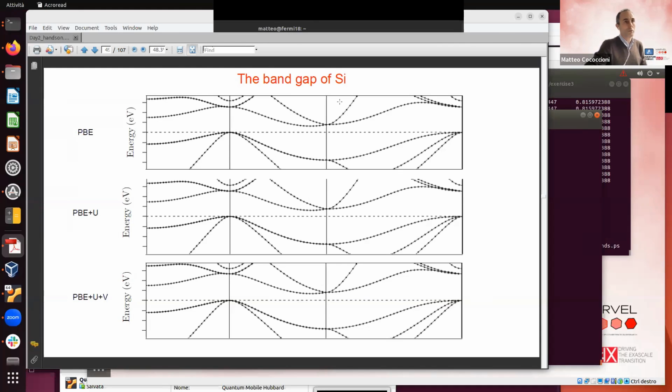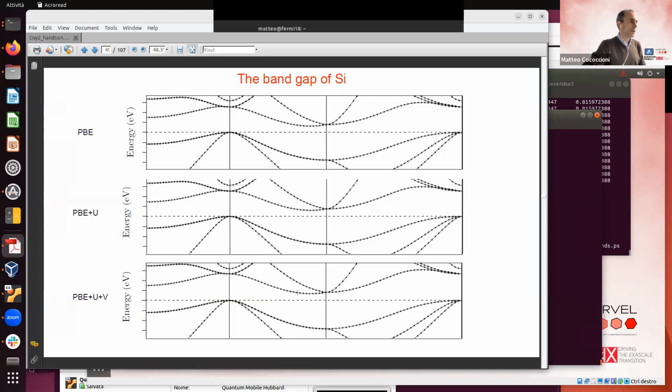This is just because of the reason I mentioned this morning: the U-only calculation basically tries to impose an on-site localization of electrons by suppressing, among other things, the hybridization of the states with the neighbors, while the V instead reestablishes that, so it favors the hybridization with neighbors, and the gap, which in this kind of material is based on the splitting between bonding and anti-bonding states,